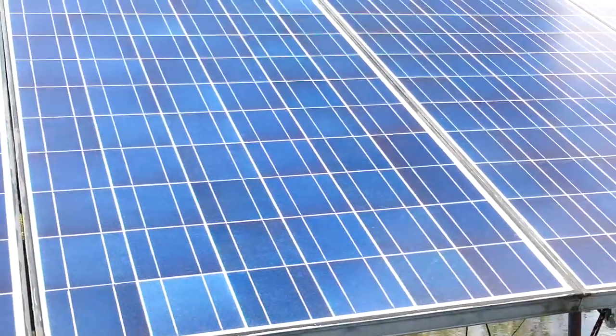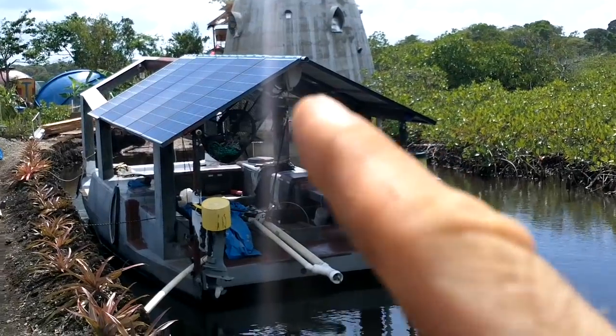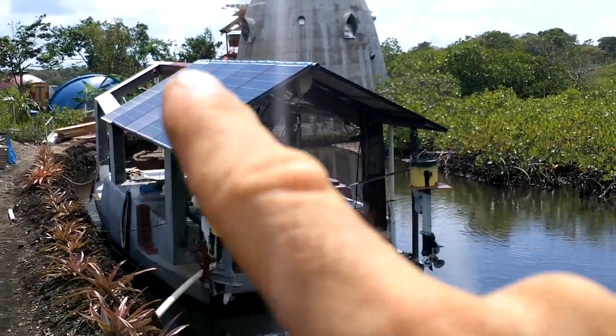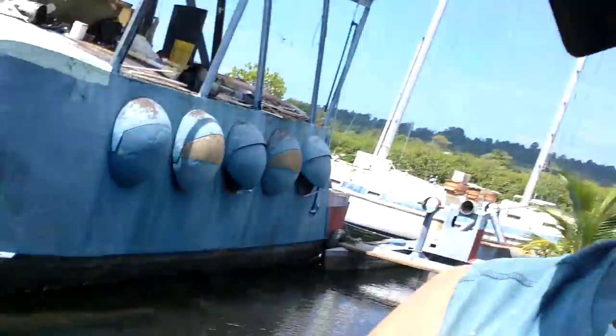Alright, there's something I've wanted to try for a while, which is welding directly from solar panels. So I have my boat here, and if I turn on a certain switch, I can direct connect 6 of these solar panels to the motor. And each one of those panels is about 30 volts and about 10 amps. So it'll be like 30 volts and about 60 amps running through it, which I think should be enough to